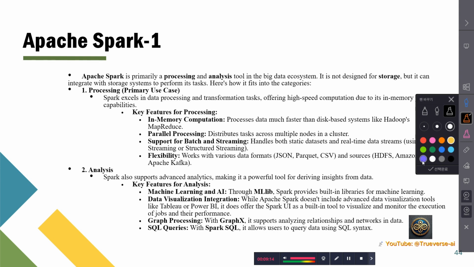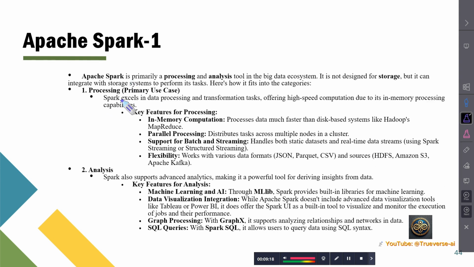So as you can see here, Spark excels, showing very good power in data processing tasks. Why is Spark good compared to Hadoop? We will compare later. Spark does in-memory computation, but Hadoop is based on disk-based computation, so Spark is much faster. One of the important points of Spark is processing through the memory,